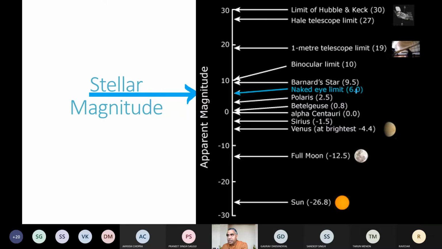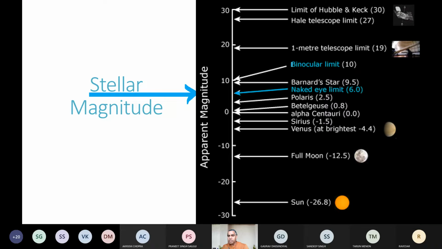If the brightness reduces a little bit or the magnitude increases more than 6.0, it becomes 6.1, then it goes beyond the limit of our naked eye. We will not be able to see that star with a naked eye. Yes, if you have some special tools, equipment, then you can see that particular star. Like good quality binoculars,